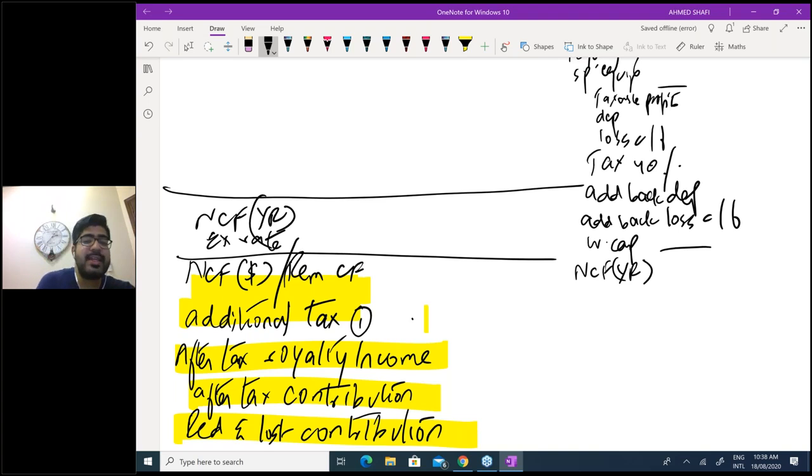Why didn't we take this tax? Because there was a bilateral treaty. You have already paid tax in Gillandway. When you bring money back to USA, since there is a bilateral treaty, you don't have to pay double tax. But I just want you to memorize that additional tax can be an issue: if there is no treaty, then you have already paid 40% there, and when you bring money to the US, you also have to pay tax here.